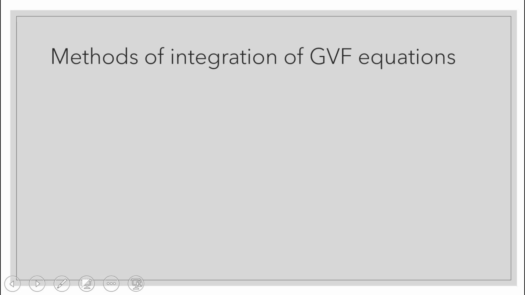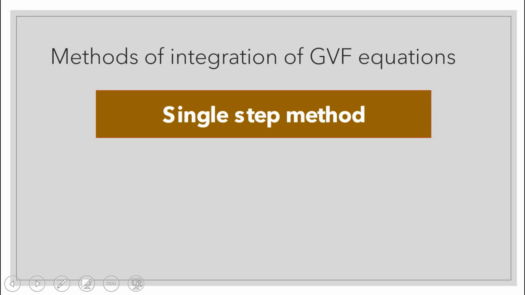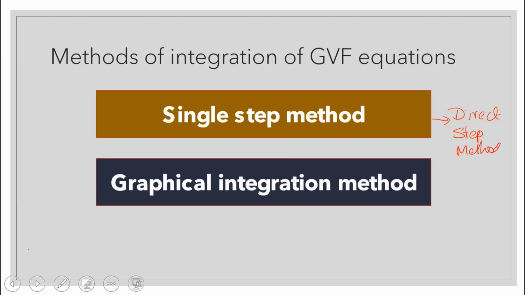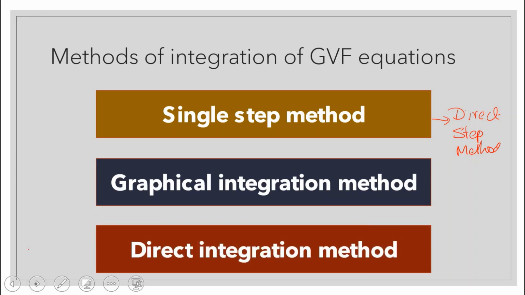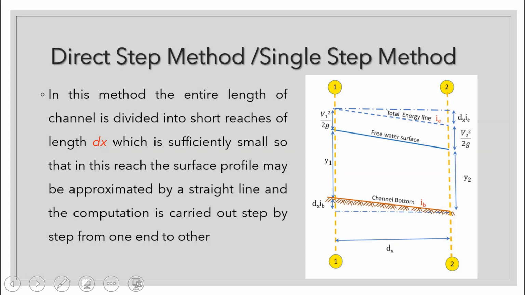And there are mainly three methods for integration of gradually varied flow equation. They are single step method, also known as direct step method, the second one is graphical integration method, and the third one is direct integration method. Out of these three methods we are focusing on the first one, that is single step method or direct step method. So let us see the procedure for doing so. So, direct step method